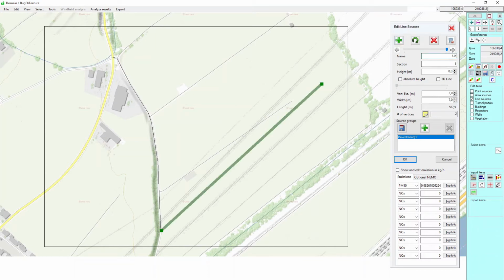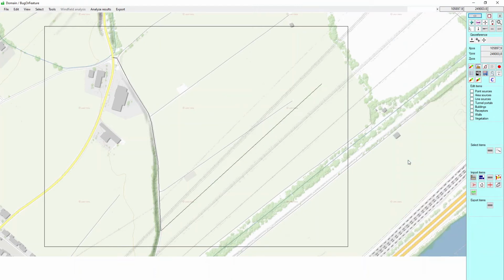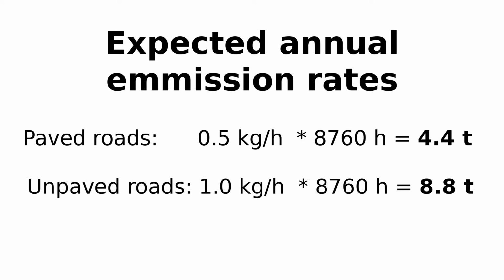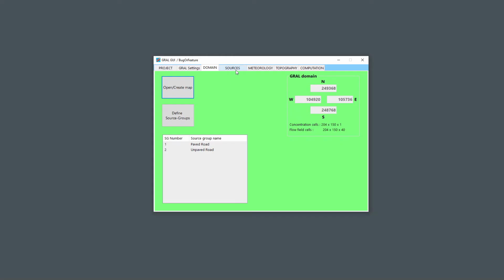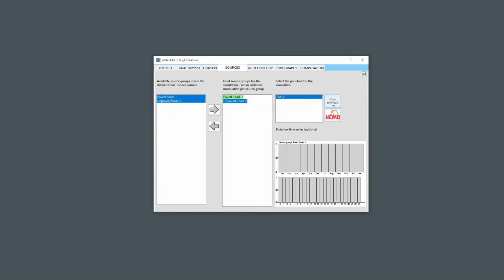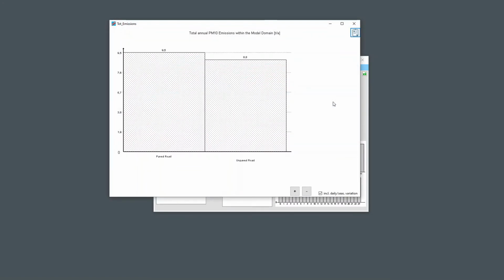The user added a source group for unpaved roads and we are using an emission rate of 1.0 kg per hour. In this example, we used the default emission modulation 1.0 throughout the year. So we should get about 4.4 tons per year for the paved roads and 8.8 tons per year for the unpaved roads. A look at the total emissions form shows the expected annual emissions of 8.8 tons for the source